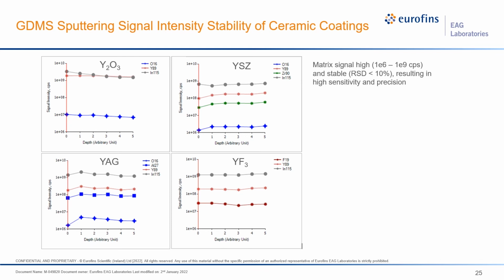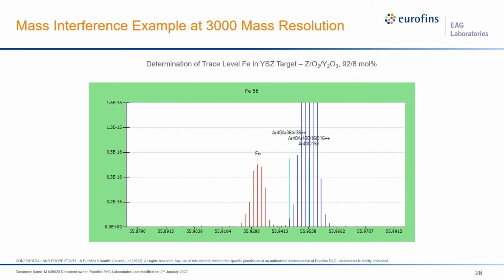So as we said, mass interference is a big deal for any trace analysis. Here we want to demonstrate how our GDMS instrument is capable of resolving those mass interferences. The example is trace level iron in the yttrium stabilized zirconium target. You can see iron 56 is here. We can unequivocally resolve the interference from argon 40 oxygen 16 and other interferences. Because of that, it gives us the ability to accurately and precisely